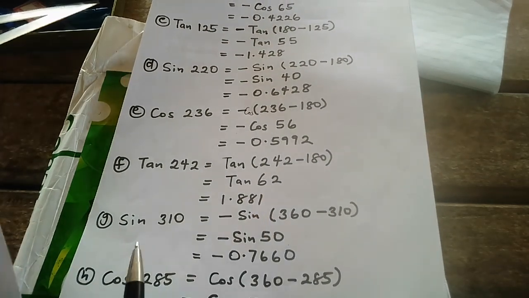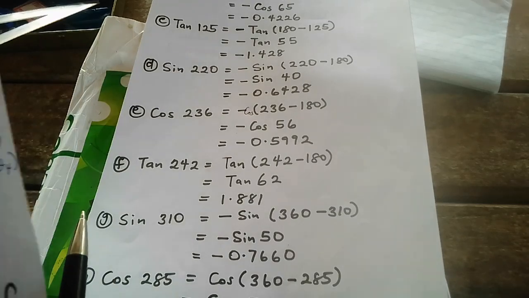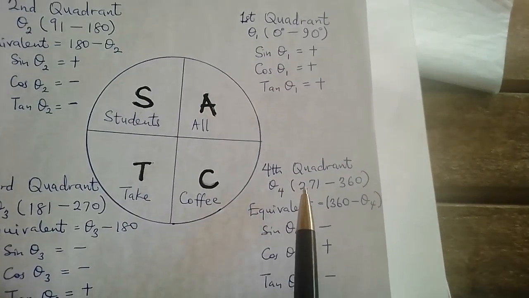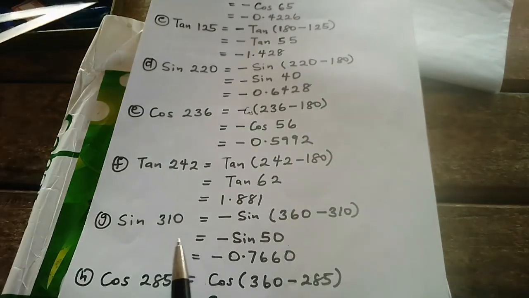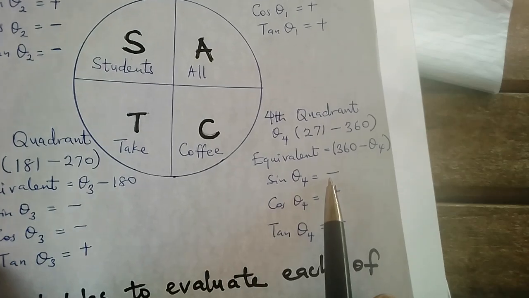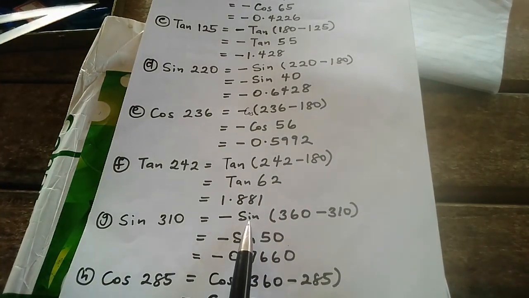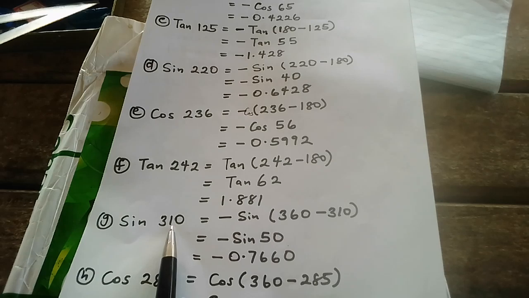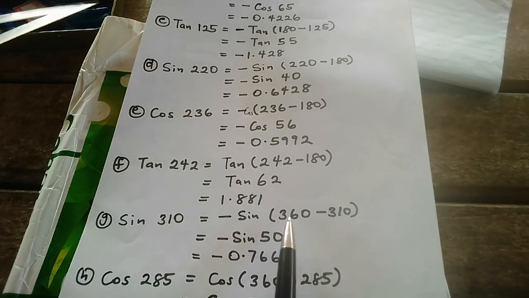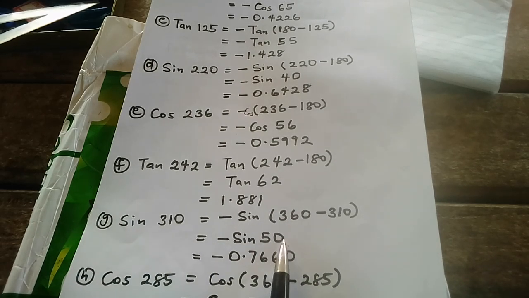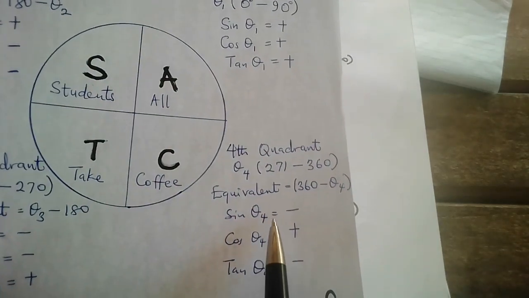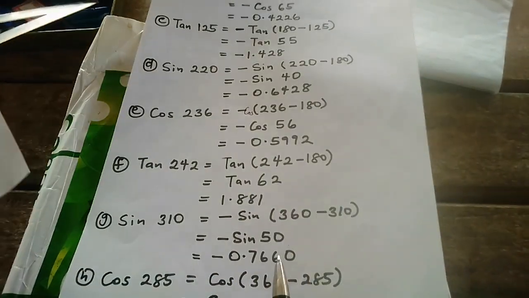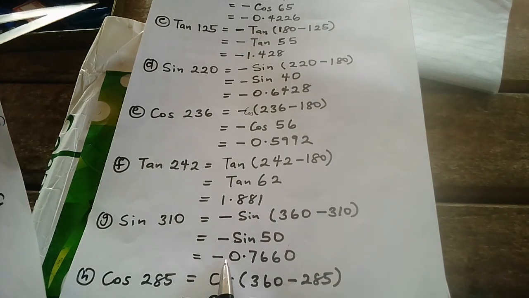Then another example, we're having sine 310. 310 should be in the fourth quadrant. And sine in the fourth quadrant is negative. So it's going to be minus sine. Then the equivalent of 310 in the first quadrant is 360 minus 310, which is 50. So minus sine 50. The sine of 50 is 0.7660. So in the fourth quadrant, sine 50 will give us minus